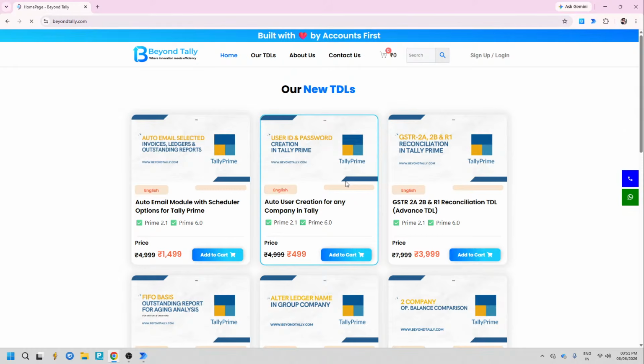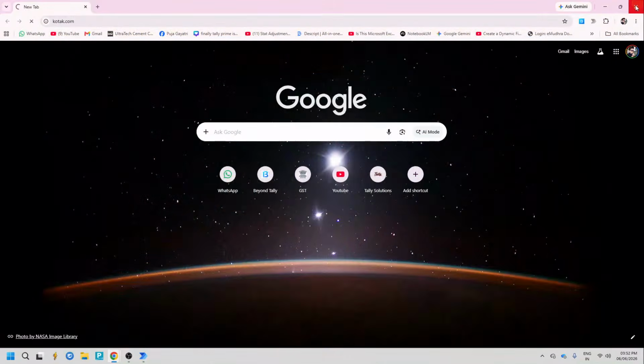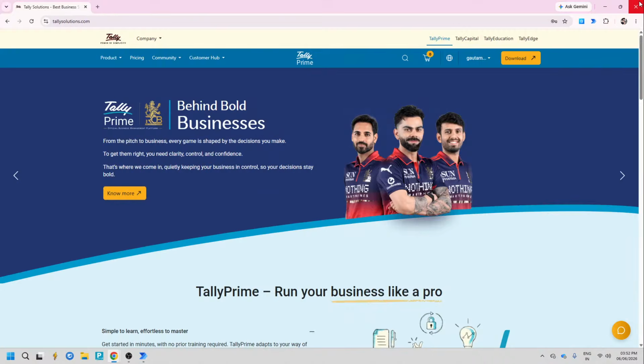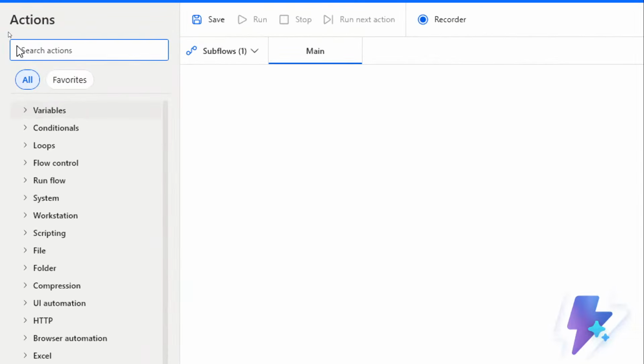I want to make a robot which can, in one single click, open multiple websites automatically. I want to make that robot. So how to make that robot? Now we are going to understand using loop conditions. Alright, so first of all, we have to go to action, and here,